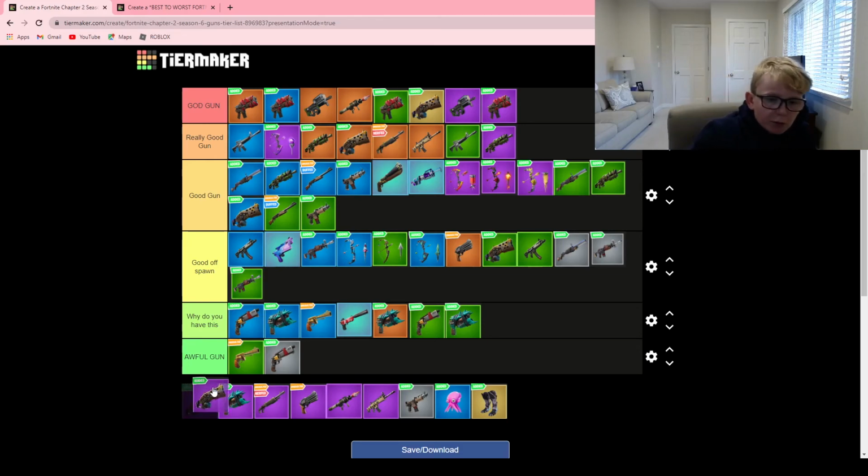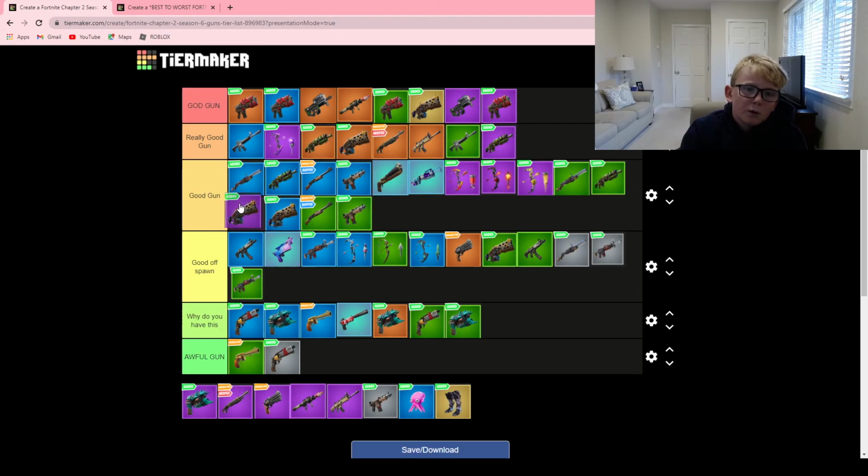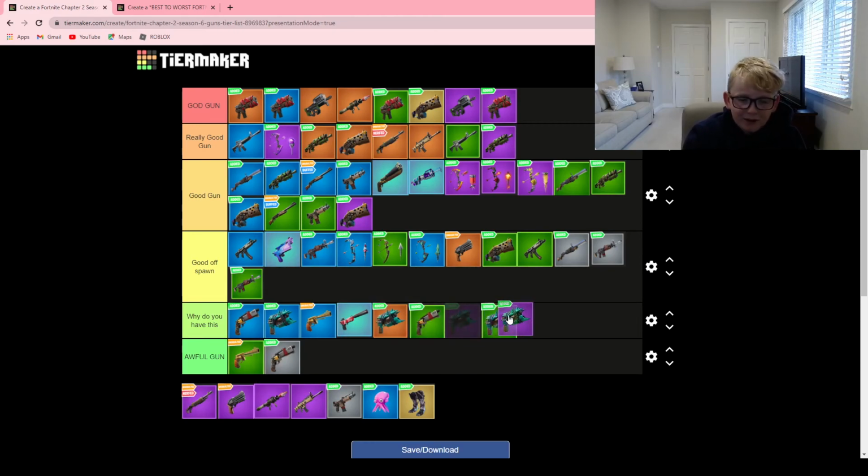So next we have the purple Primal Shotgun. We'll put it on good, because they really don't go that far, you know? Like, the purple primals, they really do not go that good in terms of damage. Maybe the legendary primal would fit into really good, but the purple one, it definitely would not. So, yeah. So even the purple Primal Pistol, I'm still gonna put it on